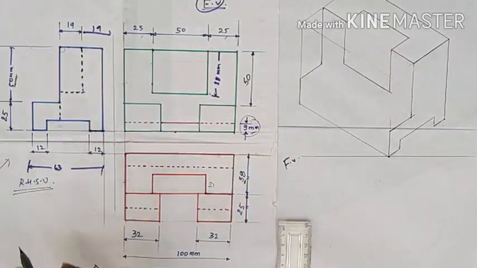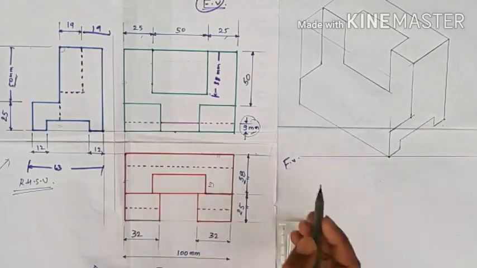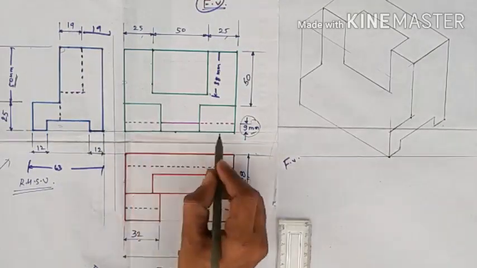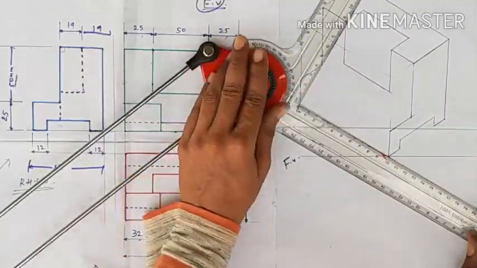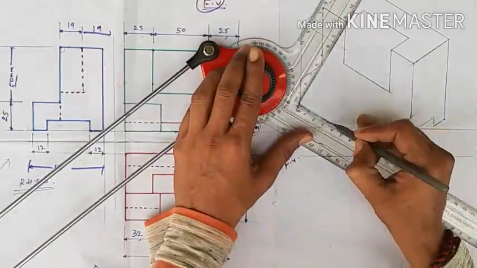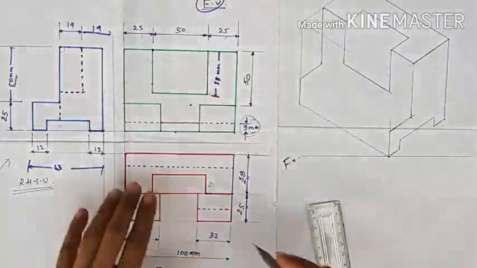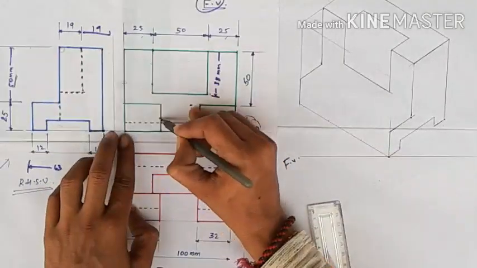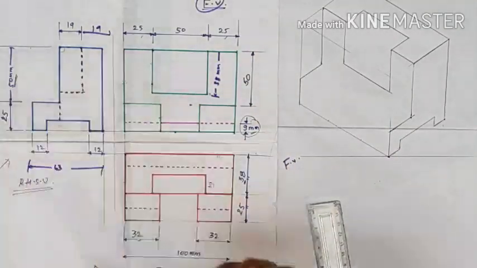Now from this side this is your complete 100 mm. And what about this? This was 32 mm from both ends. We make a dimension, we take a point about 32 mm from both ends. So this is your 32 mm, this is your 32 mm, and this is again 32 mm, and this line and this line are parallel to it, and it is the same as the height, that is 25 mm.